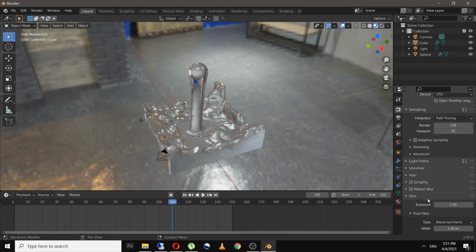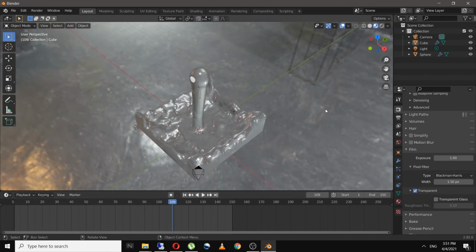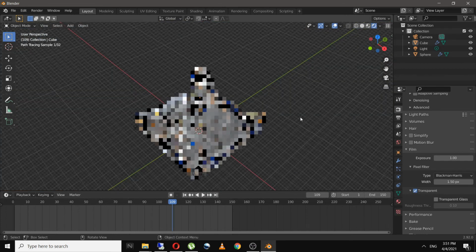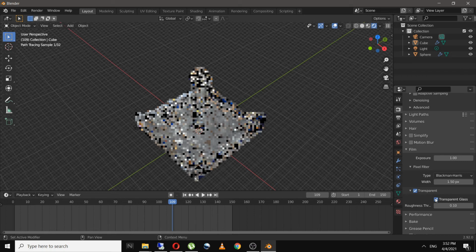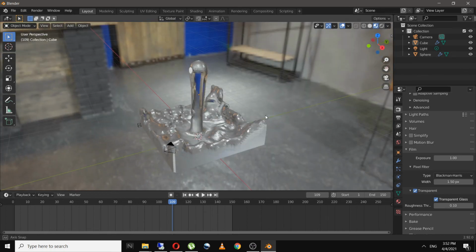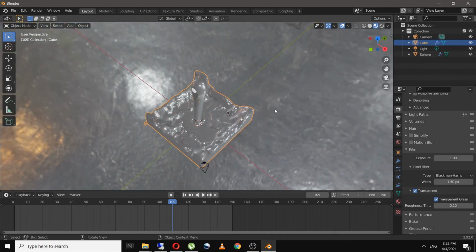And now under film settings, enable the transparent and the transparent glass. So what this will do is this will disable the background images. You can change this in the material properties even after baking your mesh.